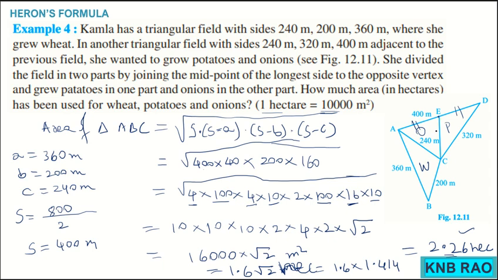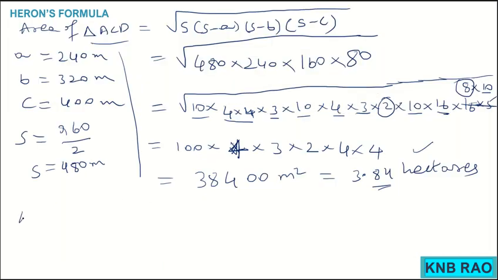This median, we call median, okay, joining a vertex and midpoint of its opposite side forms a median. Median of a triangle divides area of it into two equal parts. That means area of ECD is equal to area of AEC. Here area of ACD by 2 will be the area of triangle AEC